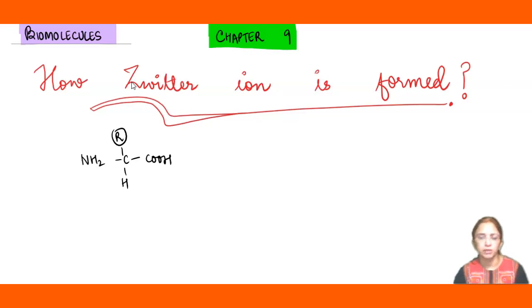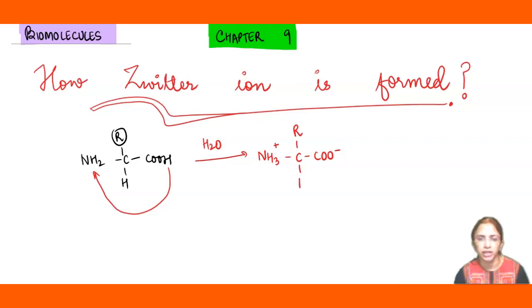Now if any amino acid is there in the body and water is there in the body, aqueous conditions are there, then what will happen? If water is there, then this proton will be donated from the carboxylic acid functional group to the amino group. Because the amino group has gained, it will be written as NH3 plus, and COO will be written as COO minus because it has donated, and this side chain and H group will remain as such, right?